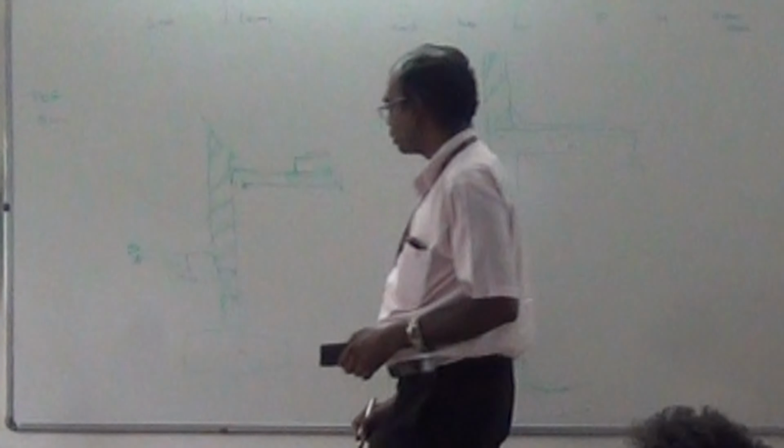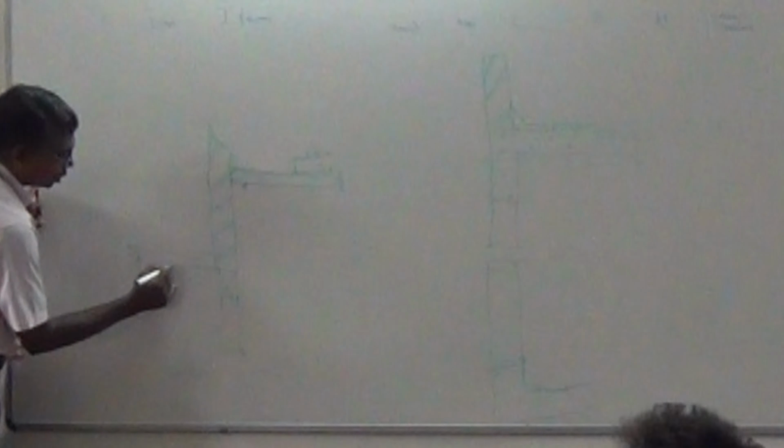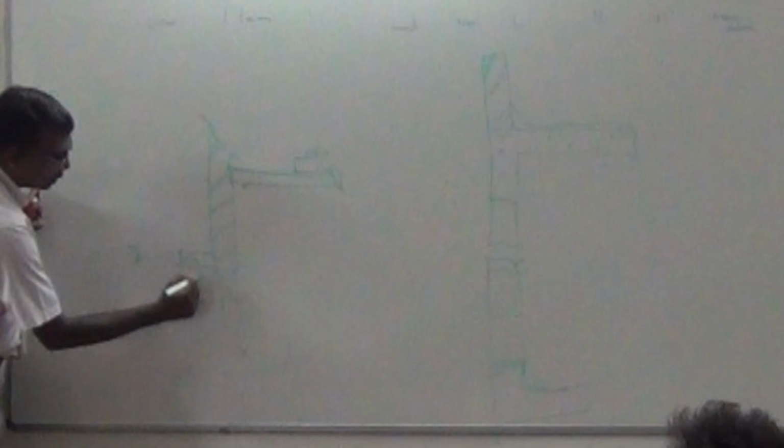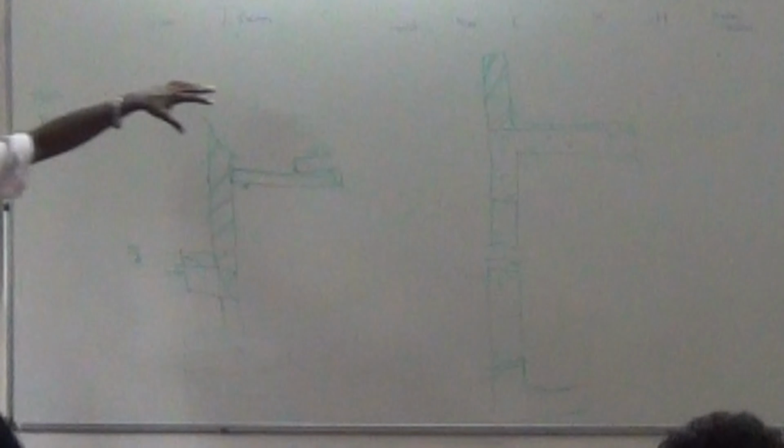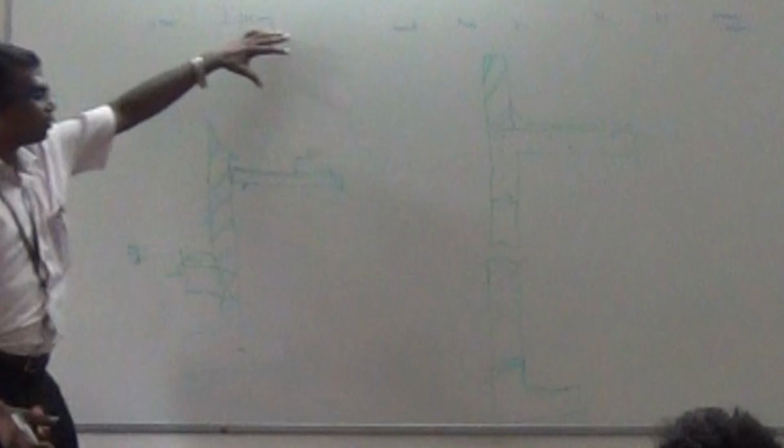Actually, what it is, this top is 900. This will be 450. I am very sorry. This is not to scale. By no means is this to scale. And I don't know if I had drawn the whole thing whether I would have made it visible. I'll try my best to get an AutoCAD drawing done of this section and share it with you. So this is a typical section which we have.